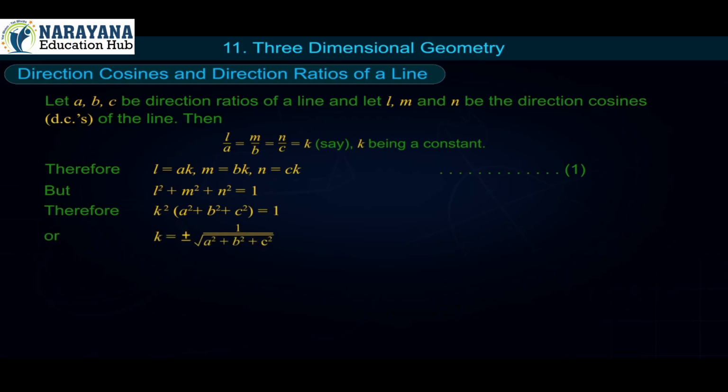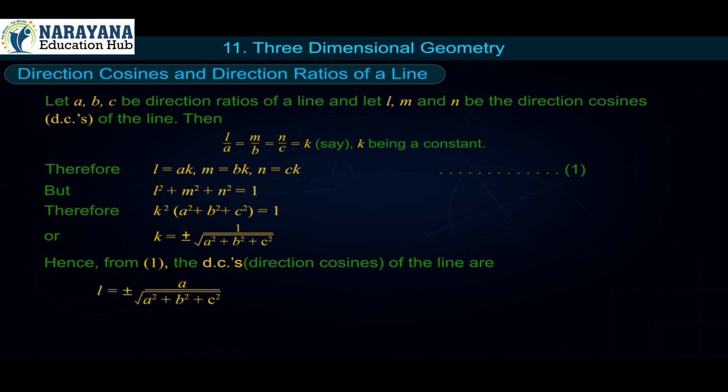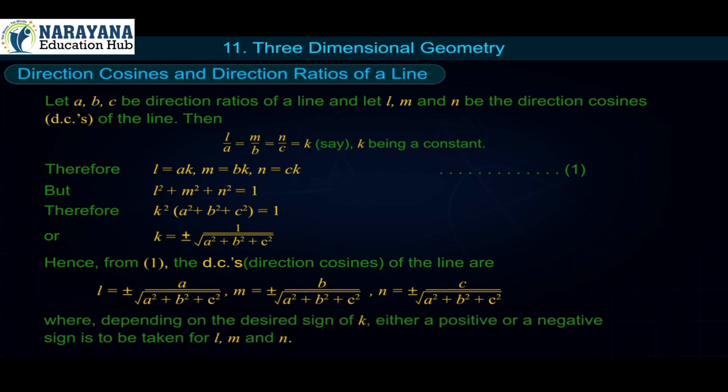Or k is equal to plus or minus 1 upon square root of a squared plus b squared plus c squared. Hence, from 1, the direction cosines of the line are l = plus or minus a upon square root of a squared plus b squared plus c squared, m = plus or minus b upon square root of a squared plus b squared plus c squared, n = plus or minus c upon square root of a squared plus b squared plus c squared, where depending on the desired sign of k, either a positive or a negative sign is to be taken for